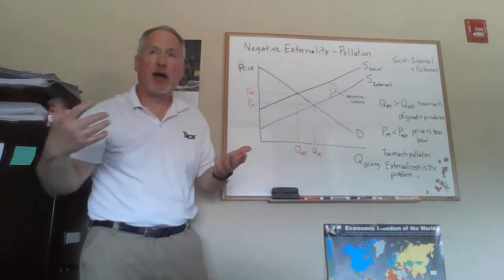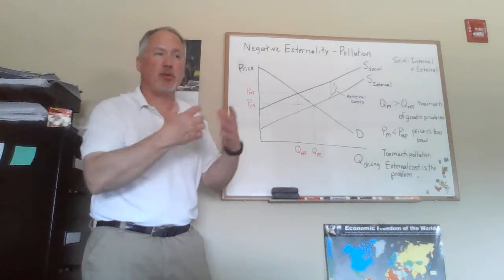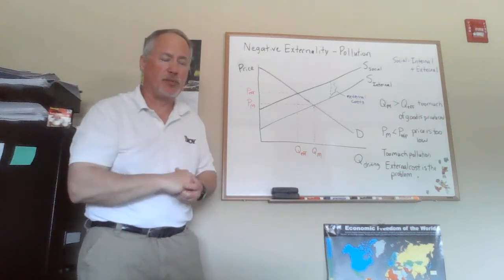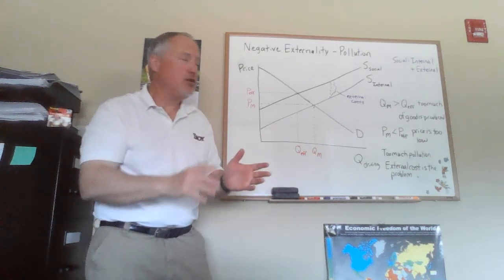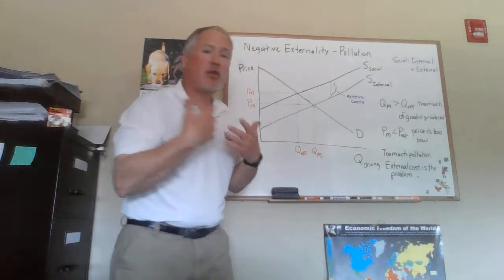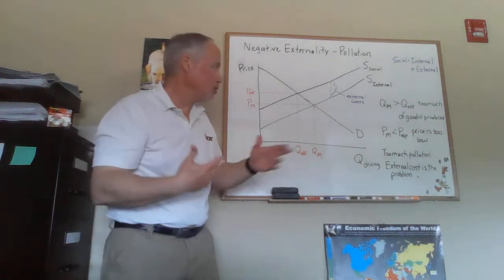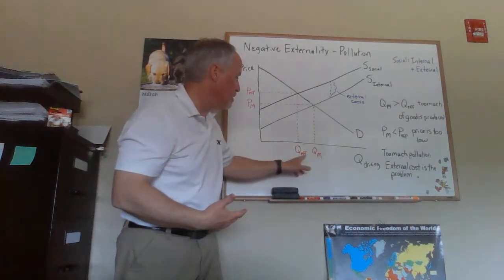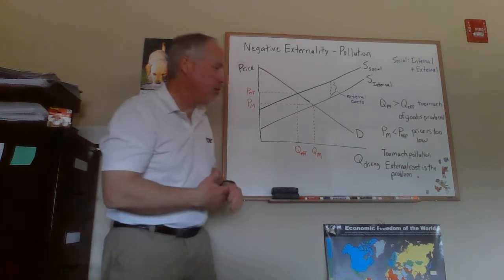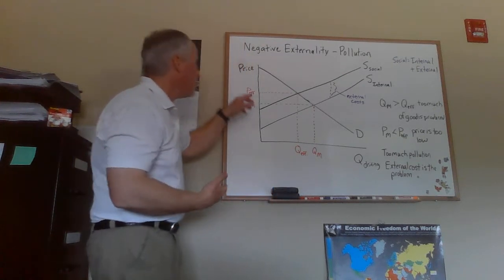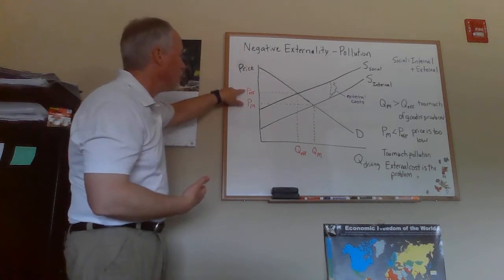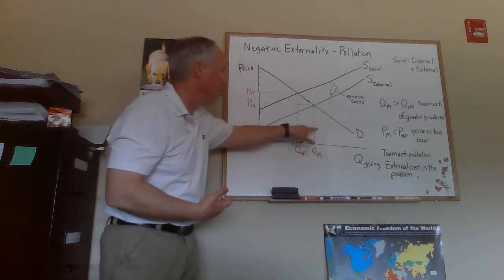What we're consuming is worth using resources for, including possibly using clean air. If we want to use clean air or other things in the environment, if we want to pollute some water to dispose of some nasty chemicals, then that's a use, and we might choose to do that. So it's not that we have pollution, but that we have too much pollution. The fact that this market quantity is greater than the efficient quantity is leading to too much pollution.